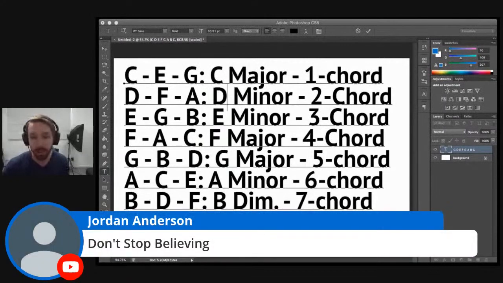Okay, Jordan's got one. Don't Stop Believing. This is great. I'm not sure what key this is actually in, but let's pretend that it is in the key of C. Now, if that were the case, how's the song? I know from just hearing the song that this is a 1 chord going to a 5 chord, going to a 6 chord, going to a 4 chord.